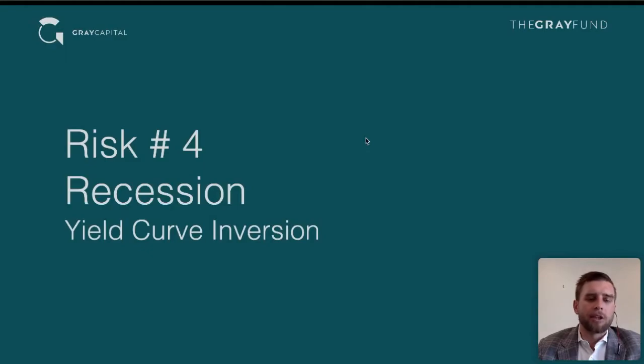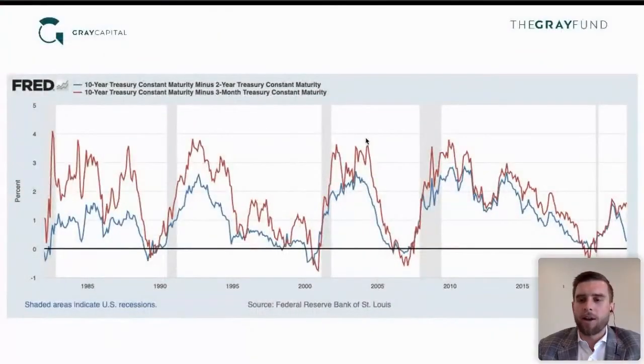But let's look at the yield curve right now. This is from last night. We're looking at the 10-year Treasury minus the 2-year Treasury in blue, and then the 10-year Treasury subtracting the 3-month Treasury. So looking at the longest and a middle duration, and the longer and a very short duration. And then these gray areas are recessions. You can see that all the past recessions have been predated by an inversion of the